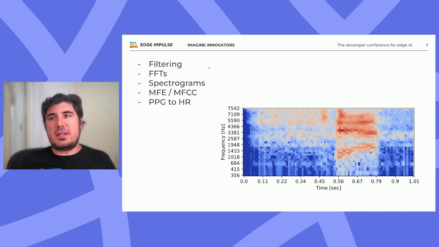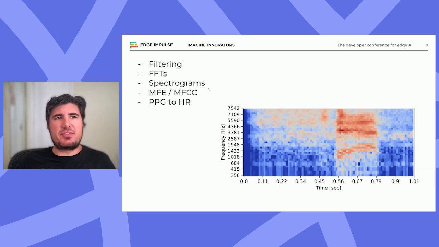If you do the 2D, you can imagine this is like an image. So you would do image processing type models on that, a 2D conv. Or if you flatten it all out where you're just looking at averages or maximum frequencies, then you can just do a fully dense model. Then you can get more